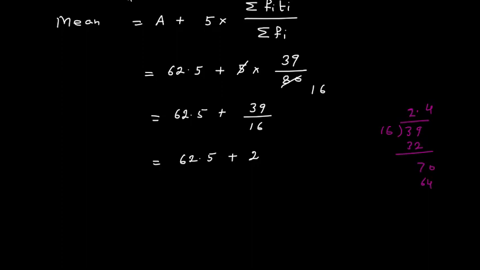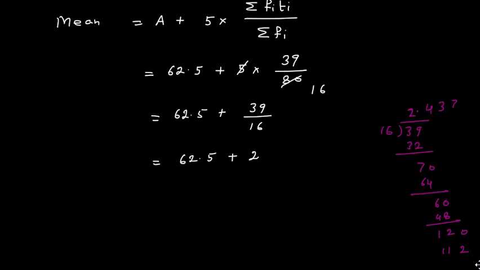16 4s are 64. Okay, 4 6s are 24, 4 1s are 4 plus 2. Now 70 minus 64 is 6, so here we get 60. Now 16 4s are 64, 16 3s are 48, so this is 2.43. Here I will get 2, here I will get 1, 120. 16 7s, let us try, 7 6s are 42, 7 1s are 7 plus 4, 11, 112. It is less. So this is approximately 2.43.